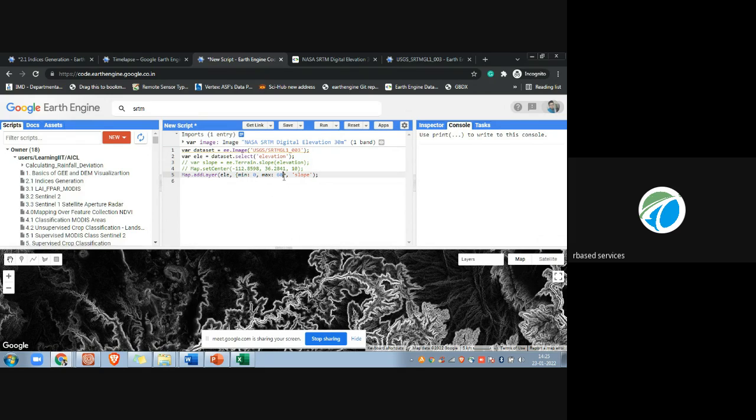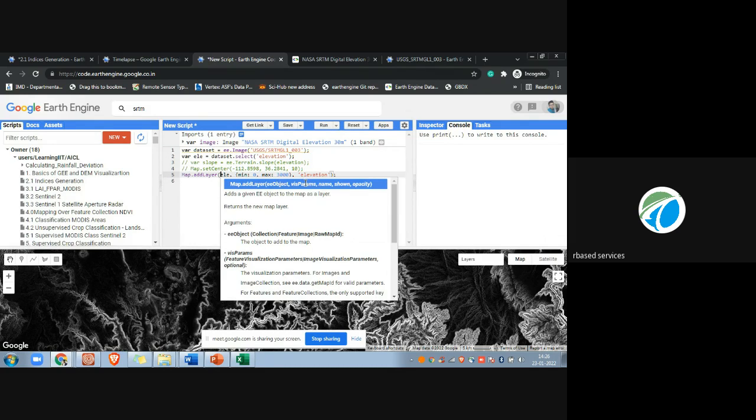And for visualization purposes, after a comma we will give the visualization command. For this we will type minimum and maximum. Suppose I have given the maximum elevation as 3000. Okay. So the Map.addLayer function